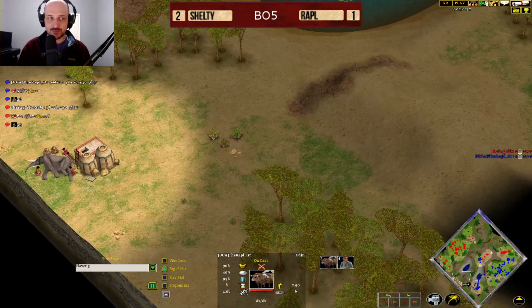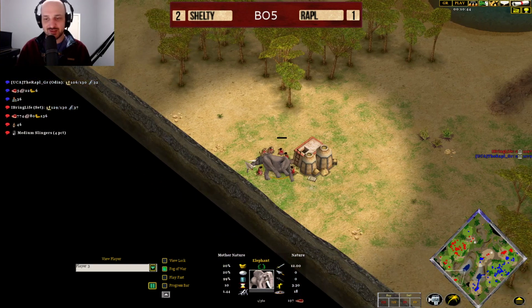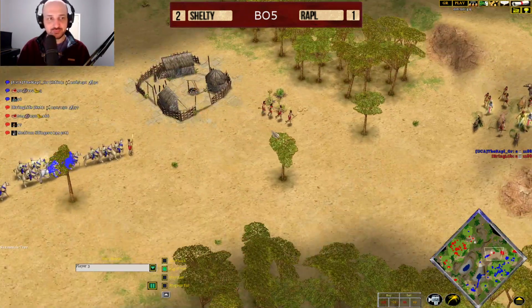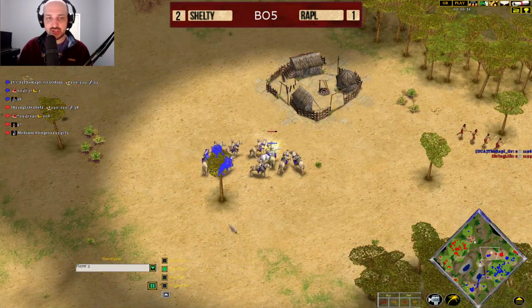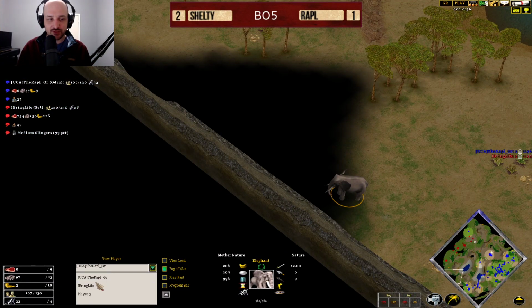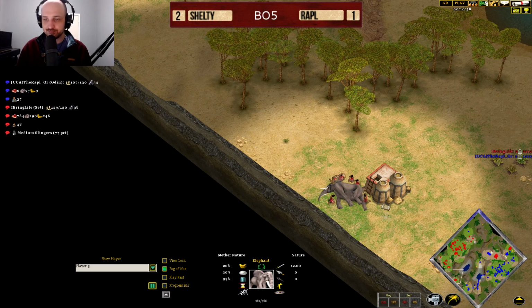Trying his best. We do see the villagers over here just happily gathering all of the hunt on the map. Shelty is getting everything this game. And Rapl is not able to slow him down at all. Does he know about it? He doesn't even... Well, he does know that there's an elephant here. But